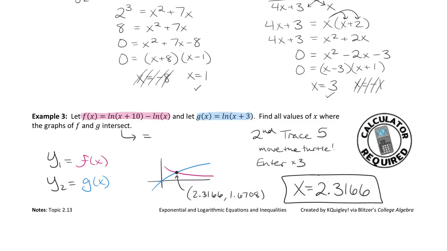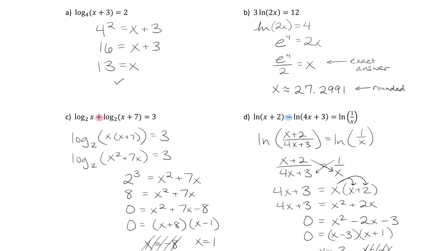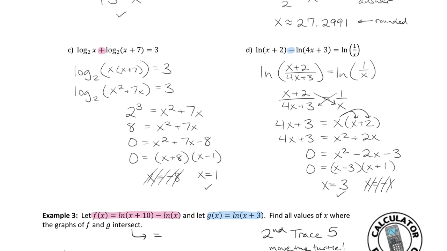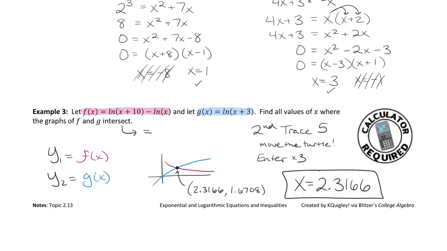Now, every single one of the questions we've done can be solved this way. So if you're on the calculator portion of your exam and you don't need an exact answer, you just need a decimal approximation, you can solve every single one of these that we did up above or even on the other page by making this side y1 and this side y2. y1, y2, y1, y2. Same vibe. But of course, we have non-calculator portions of the test, and I am going to be asking for exact answers, which means we can't use the calculator. What's the